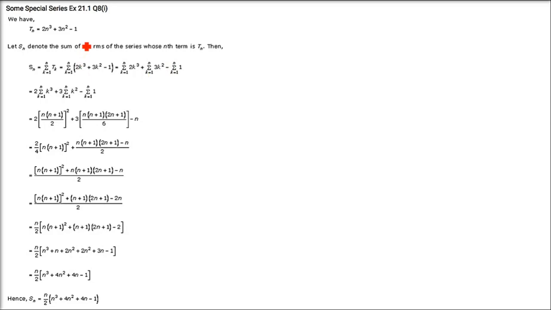Now we have to find the sum of the series whose nth term is given. So already the nth term is given. Okay. So there are two alike questions, so I'll take them together. One is 2n square minus 3n plus 5 and one is 2n cube plus 3n square minus 1. So both are almost equal. So let us take this one. 2n cube, take 2 sigma n cube plus 3, take sigma n square minus